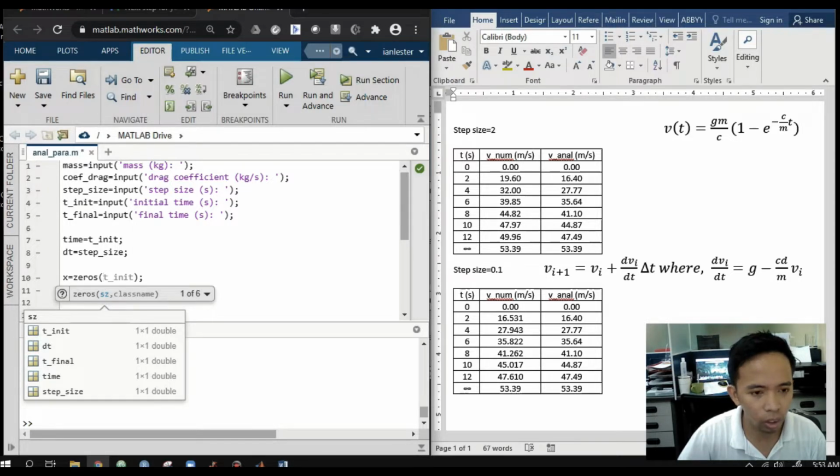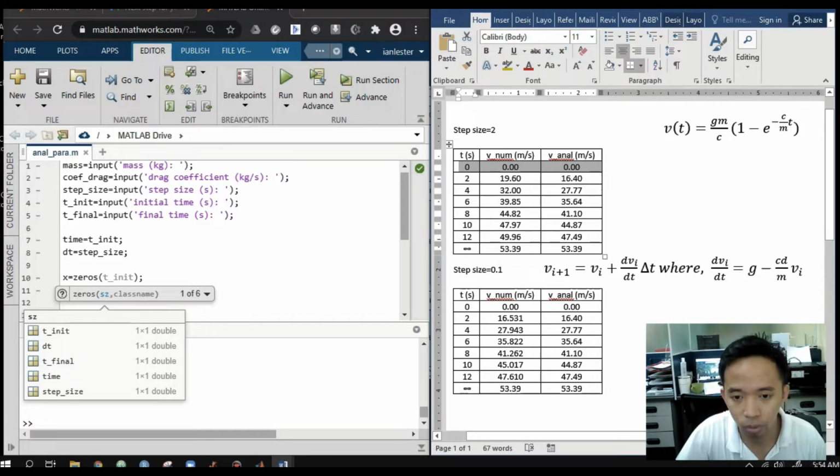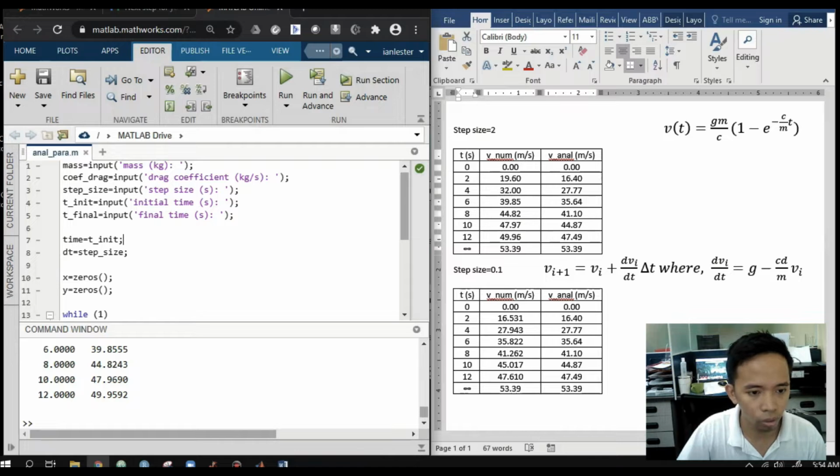As you may have noticed in the previous example, for this one, the number of rows from 0 to 12 is actually the final time minus the initial time over the step size, then plus 1. Therefore, our dimension here should be